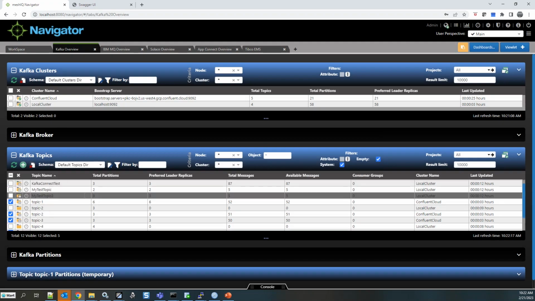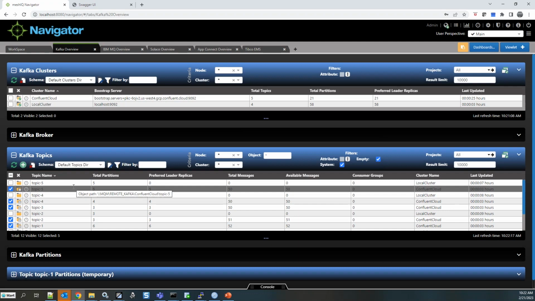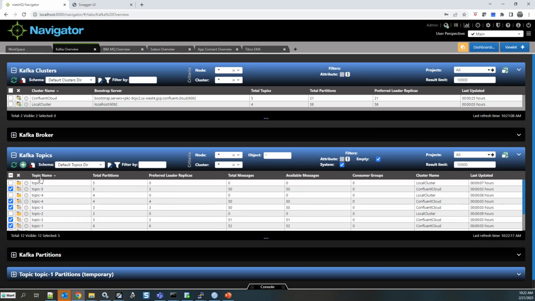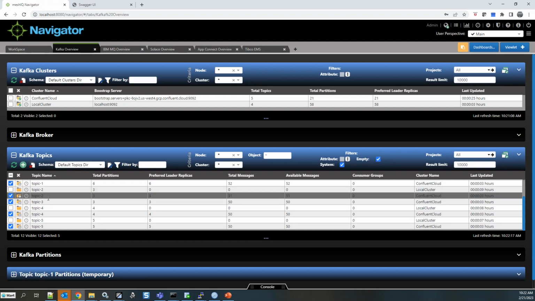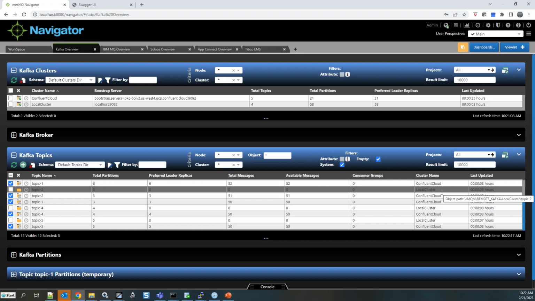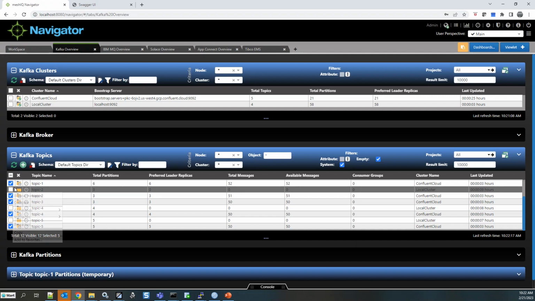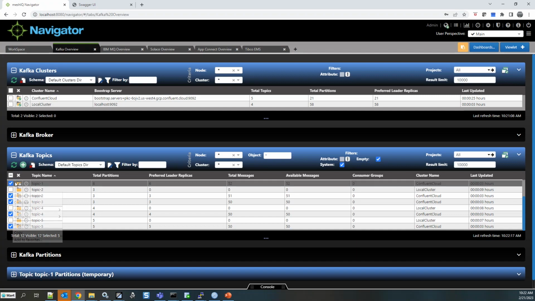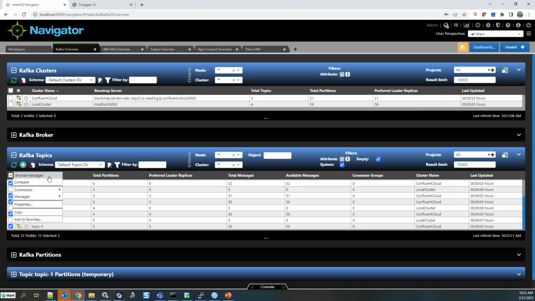Right, and if I refresh the view, you can now see it when you sort back by topic name instead of by queue depth. But you can see that I now have 2 instances of all of those objects, one in the local cluster, one in the Confluent Cloud cluster. So I've now got my own copy of those, so I can do some testing.